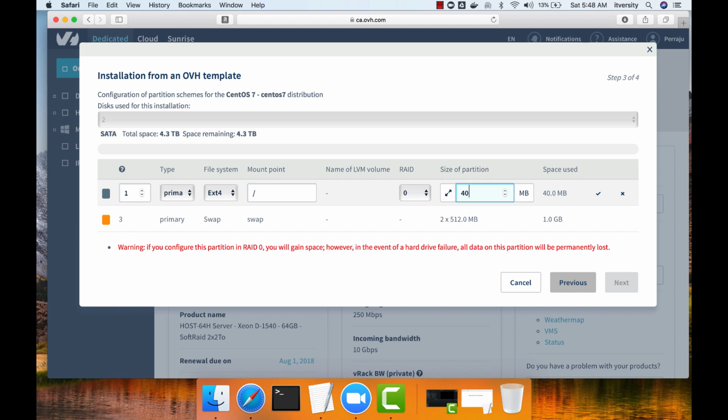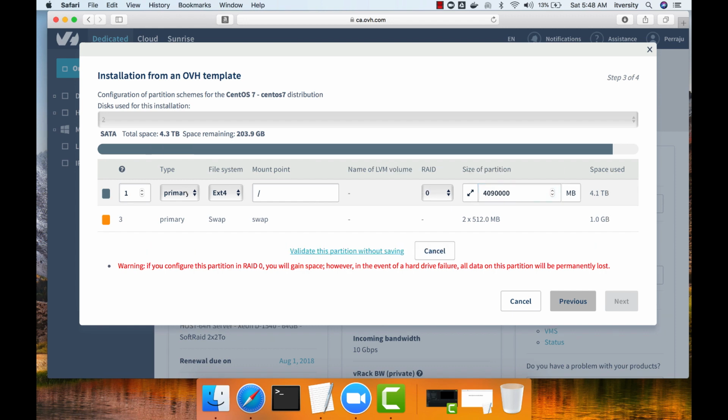and then select the tick mark, validate this partition without saving, and then click on next. So we are trying to use the entire storage which is available to us. Still there is 203 GB available. I'm fine with it. Click on next,